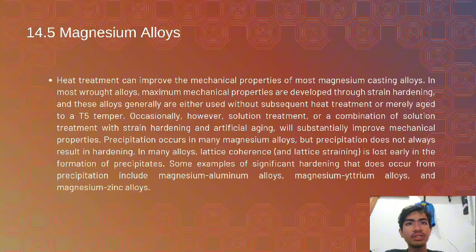14.5 Magnesium alloy. The basic temper designations used to designate the various types of heat treatment for magnesium alloy include F as fabricated, O annealed and recrystallized, H strain hardened, W solution heat treated unstable temper, T2 annealed, T3 solution heat treated and cold worked, T4